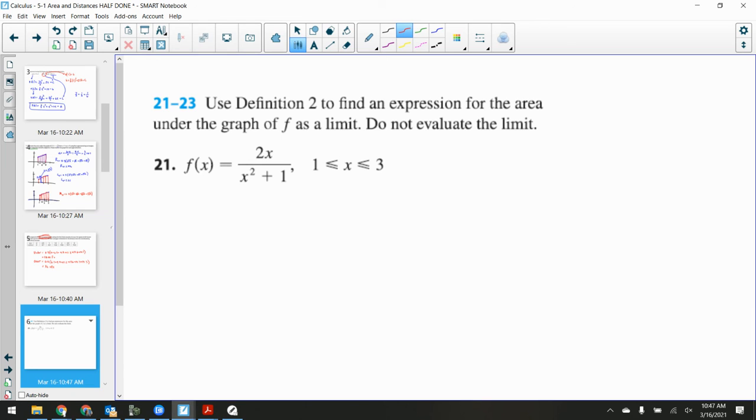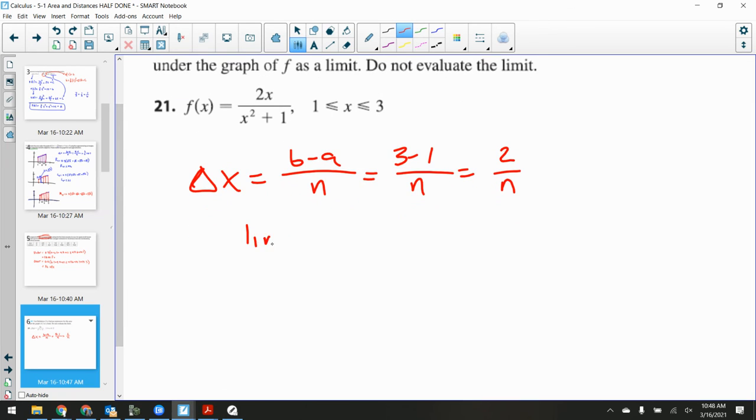So I want to find delta x. Delta x is b minus a over n. So 3 minus 1 over n is 2 over n. That's our delta x. And remember that the formula is the limit as n goes to infinity of delta x times the sum, from i goes to 1 to n, of f of a plus delta x i,